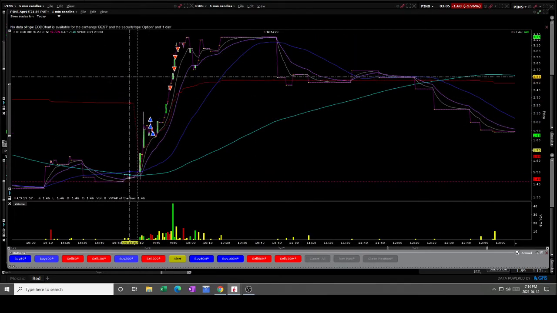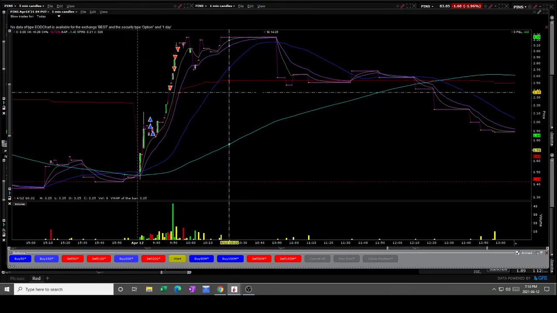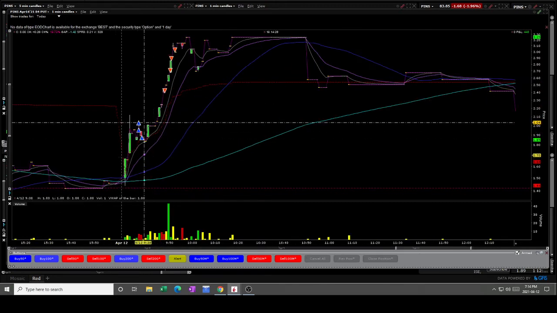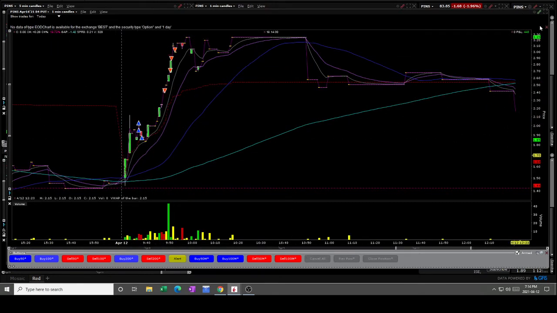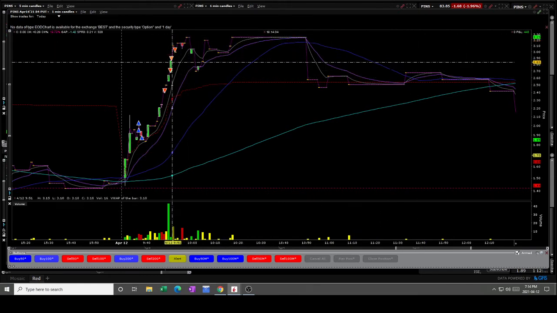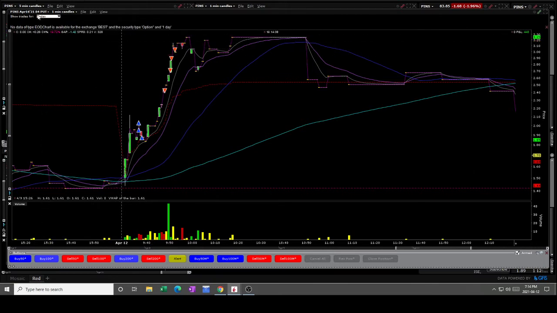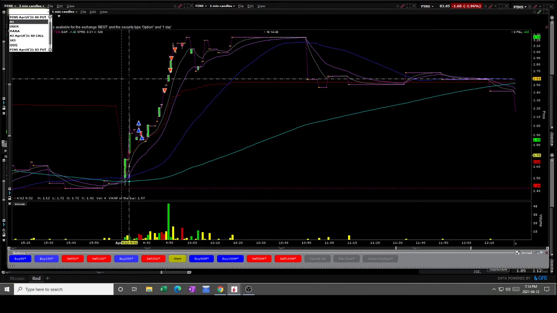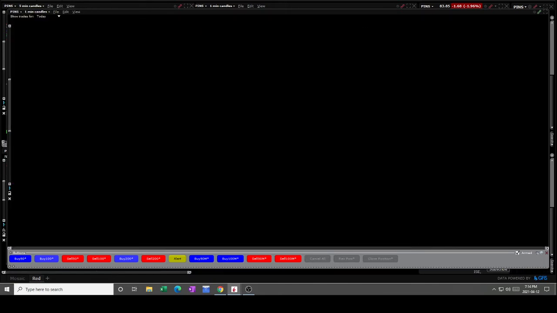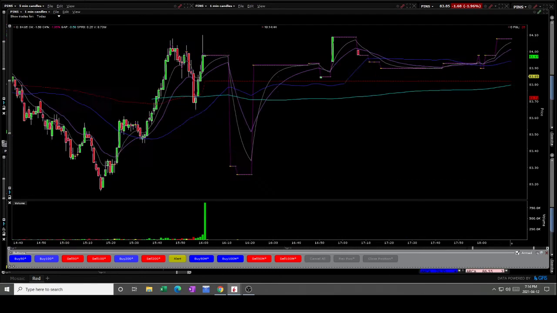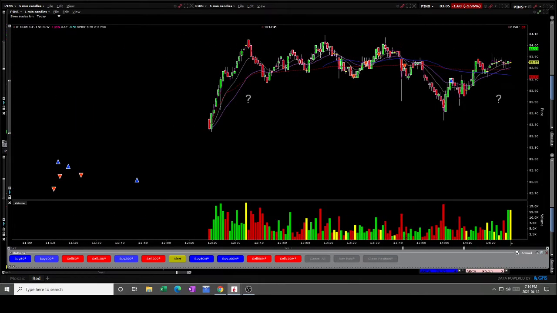Now let me show you the chart as well, because this way you won't be able to understand the setup. So I just wanted to show you that I made the $30 loss on the stock when I was trading, but I made the profit on the option trade. Now let me show you my pins trade. So if you go to the 1 minute candle,